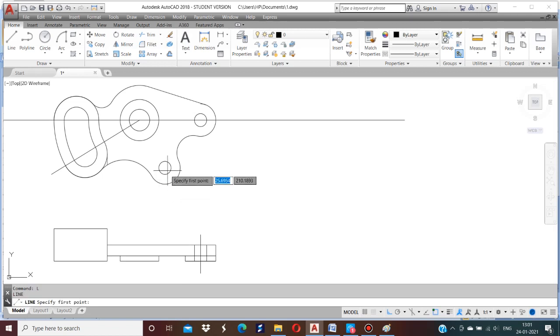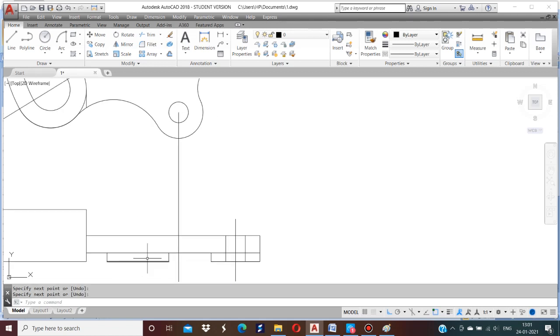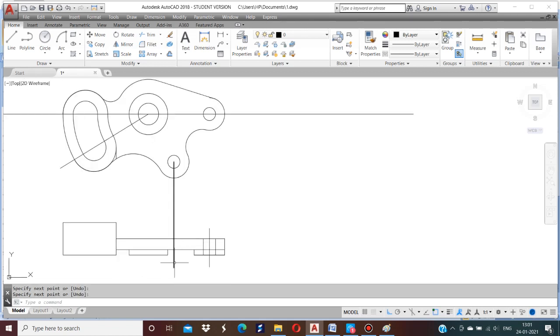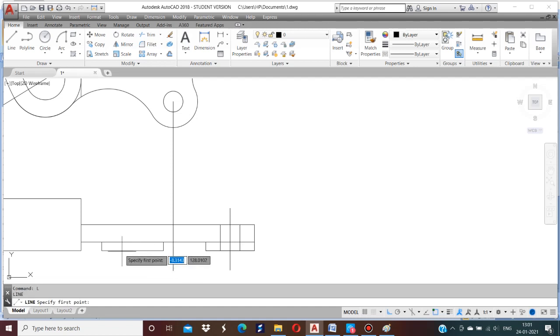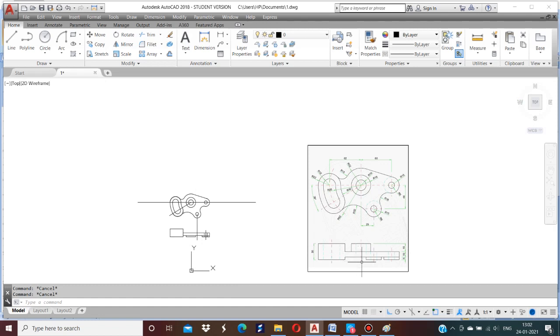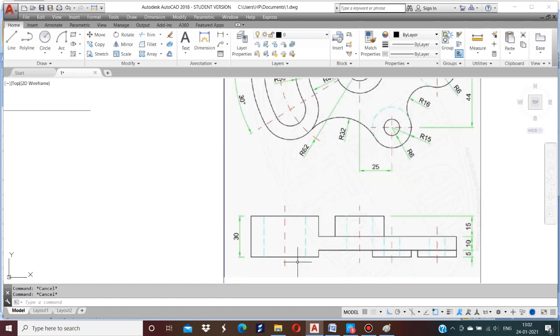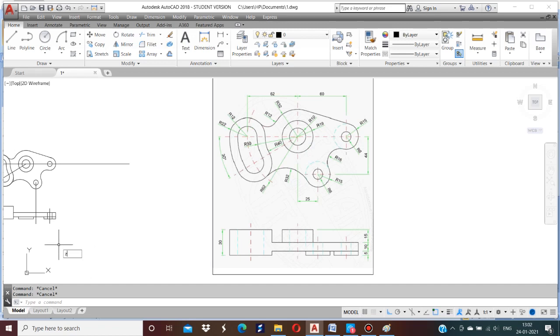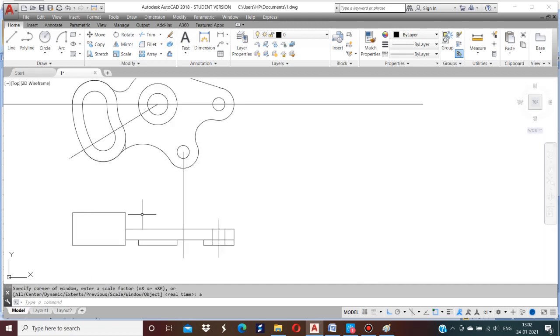Now move this one, and the center point. Okay. This boss is 15 mm. Okay, so offset 15 mm.